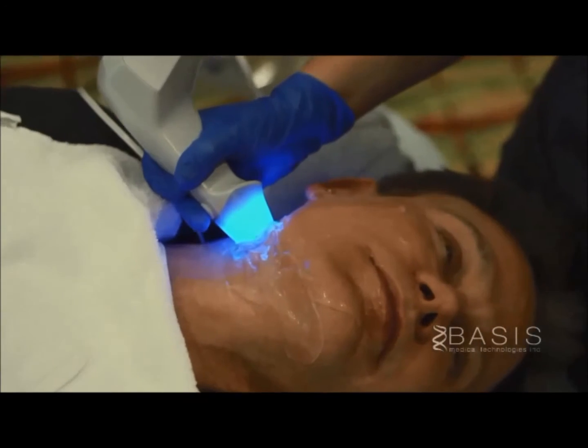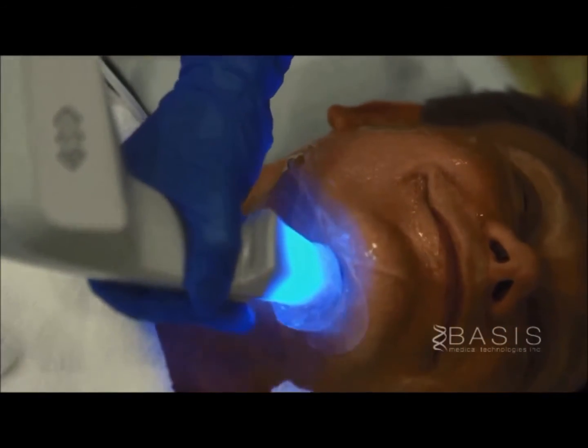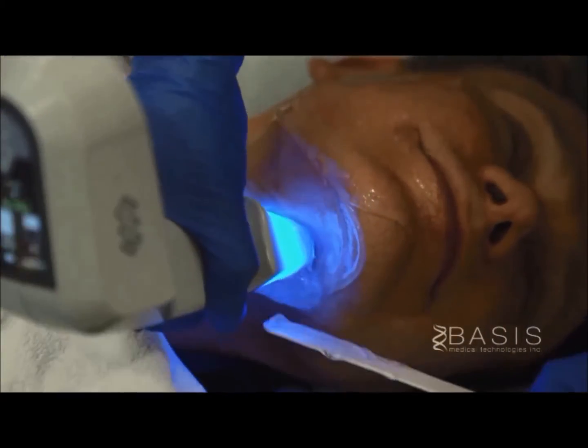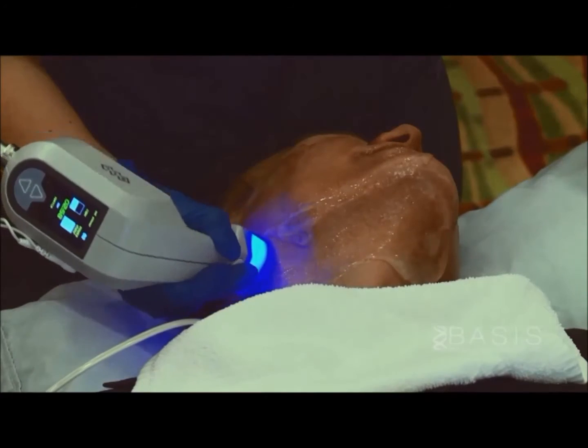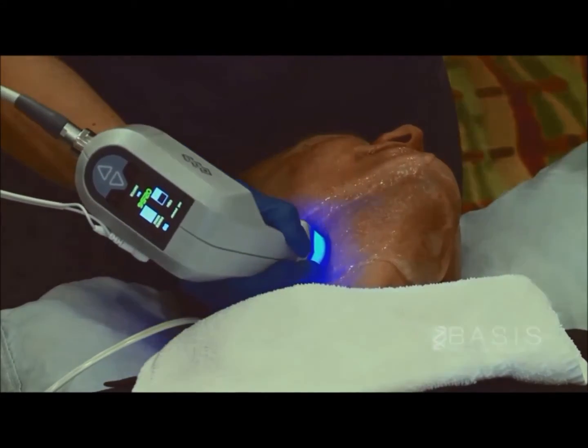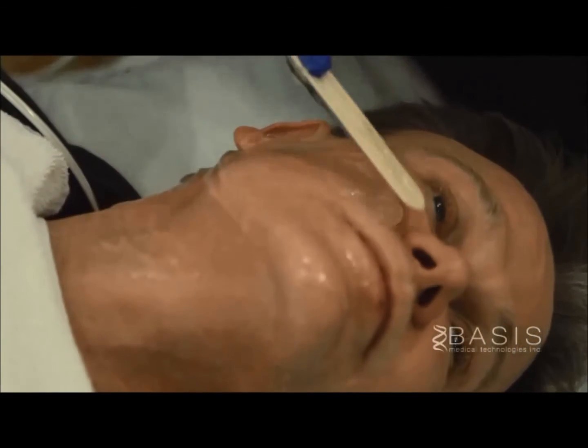You will start treating at the lateral aspect of the neck, moving the applicator towards and past midline. Treat this area for 4 minutes. After you completed the 4 minutes, go back to the face and treat the 2 vectors for a total of